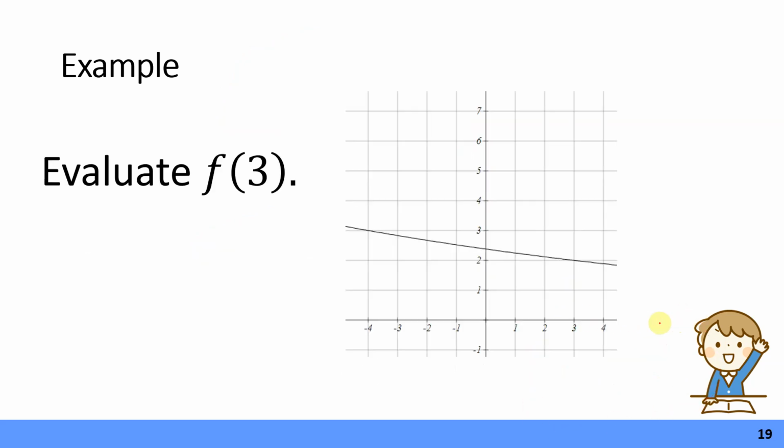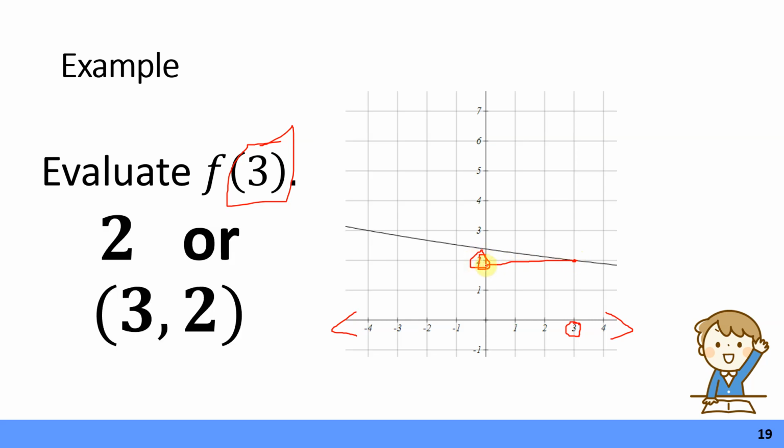All right, I believe we only have 2 more to go, so let's try this one. This is where it gets even better, right? Because I don't give you a function, I just give you a graph. These are super simple. Evaluate f of 3. So all you're going to do is that this number is going to be your x. So I come to the x-axis, which is right here. I look for the number 3, which is right here. And then I look at the graph. The graph right here at 3 is what value? I was supposed to circle it. There you go. So my answer is just 2,